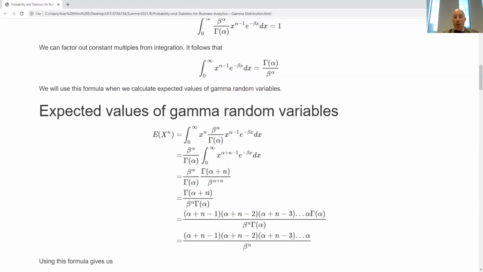So I'm going to subtract by 1 on the inside and pull out what I have after subtracting. Then I'm going to subtract by 1 again, pull the result out front to give me this. Subtract by 1 again, pull it out front. I keep on doing this over and over until I see that I get a gamma of alpha times all of these terms here. So now, as I've made it to this point, I know that the gammas cancel,